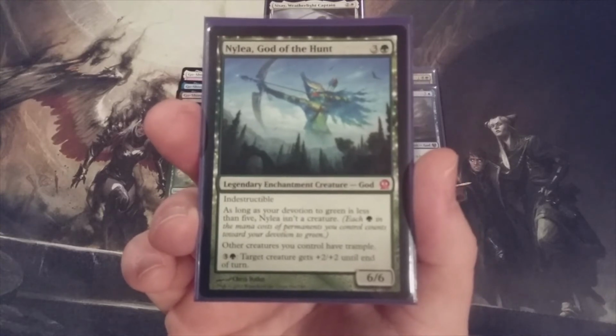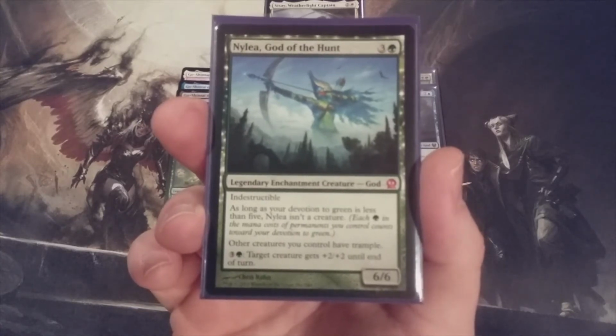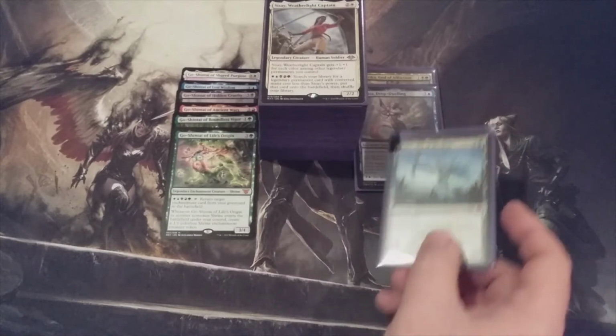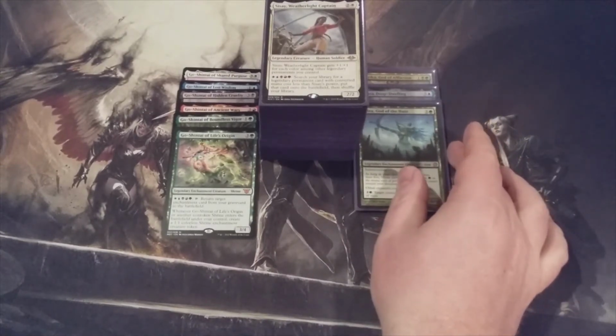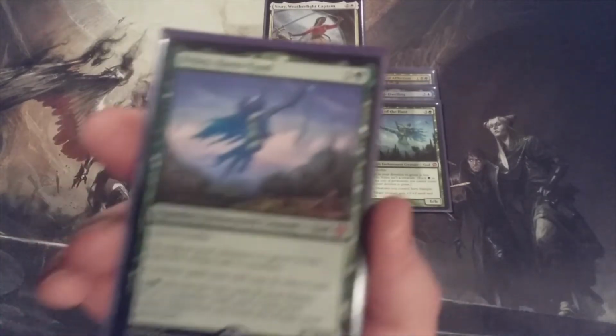So in order to make room for one of the shrines, we're going to take out one of the creatures that give other creatures trample and can give target creature +2/+2 until end of turn. Because we're shifting away from combat to more of an effect win through the use of our 17 different shrines. Nylea 1.0 was coming out, and so is Nylea